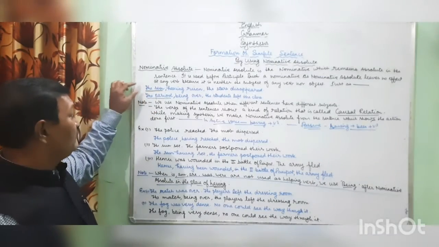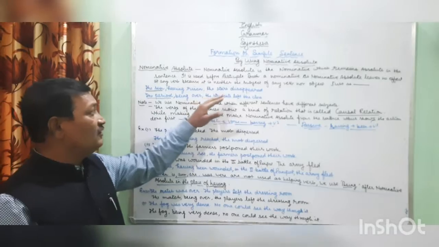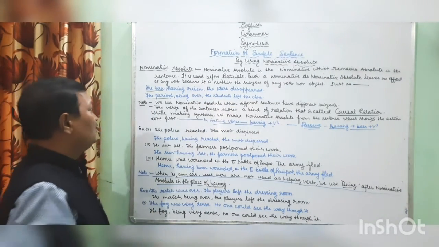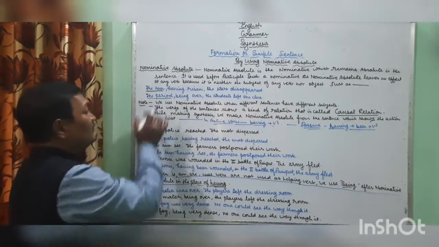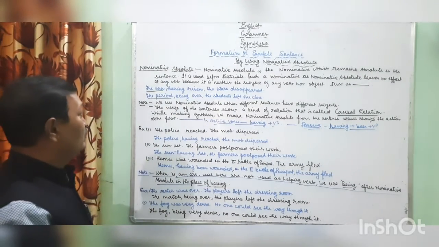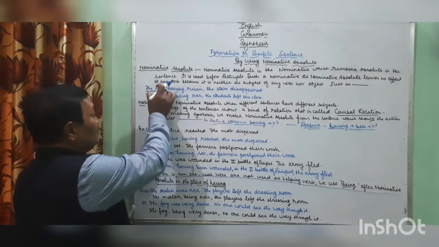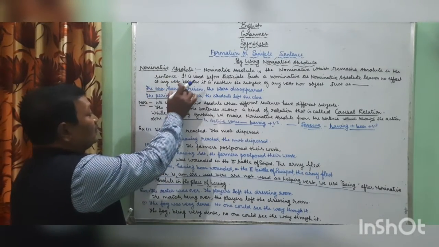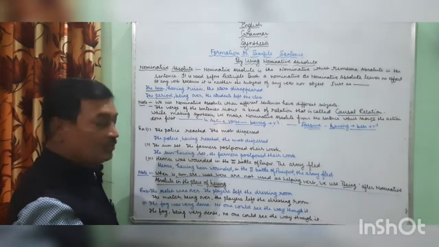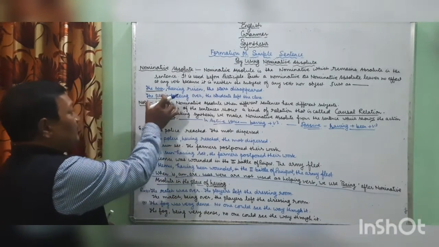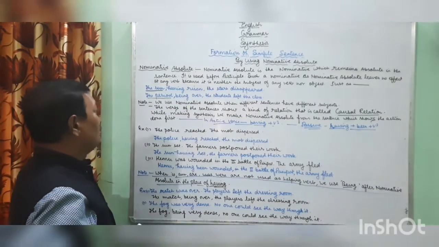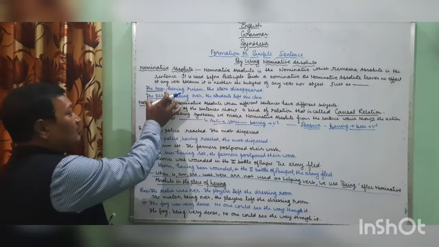Just as we can see examples, the sun having risen, the stars disappeared. Dear students, you can see here the sun. The sun is here as nominative absolute. You can see nominative absolute is not creating any effect on verb. Let's see another example. The period being over, the students left the class. Here also we can see nominative absolute.